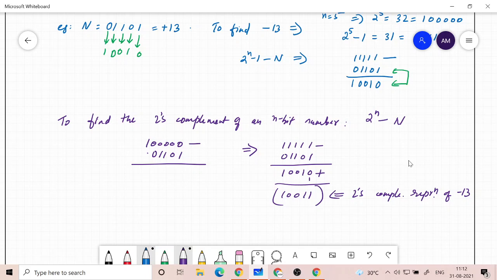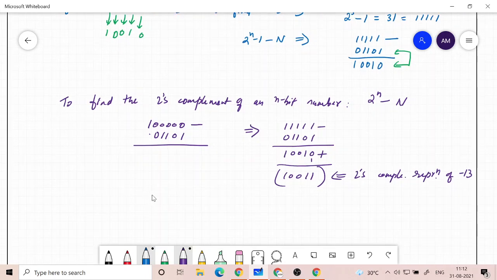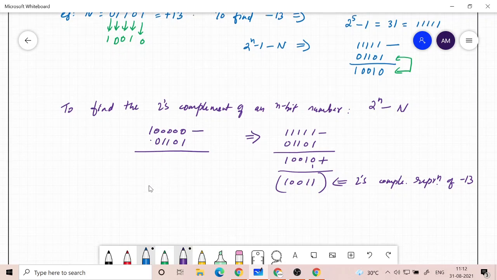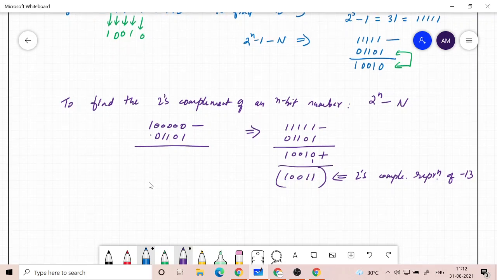So how to achieve this? Practically, how to achieve it? Do we need subtraction? No, because we can find the 1's complement quickly by complementing each bit, and then all you need to do is just add 1 to it. So find the 1's complement and then add 1 to it. So that is the procedure that we will use for implementation. So we avoid any kind of subtraction that is required.